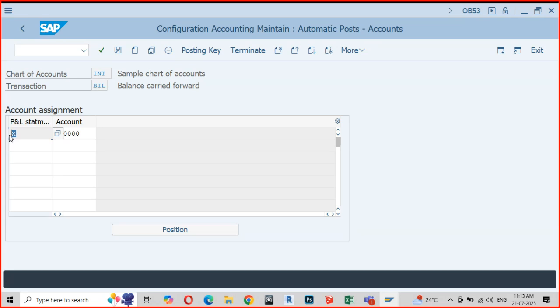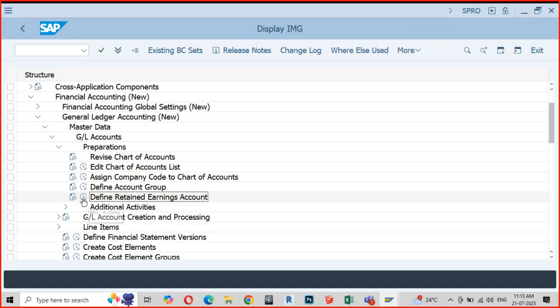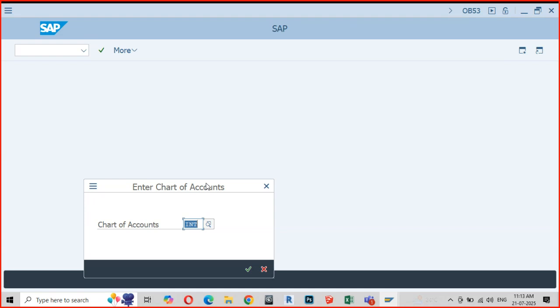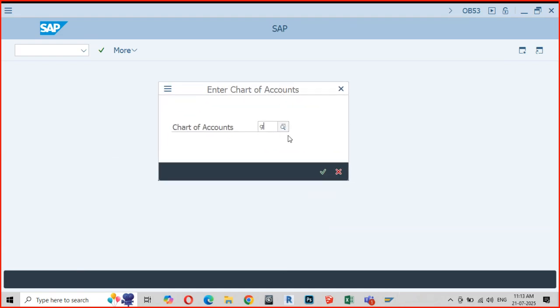And this, as I said, is also a general ledger account defined in your operational chart of accounts. Clear? Now let me see my GM00. I will just say GM00.